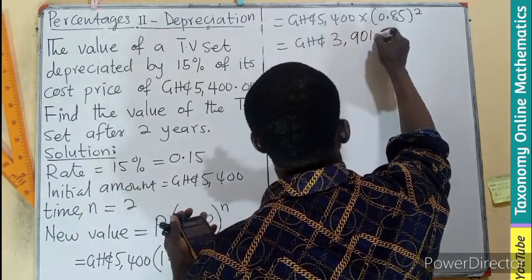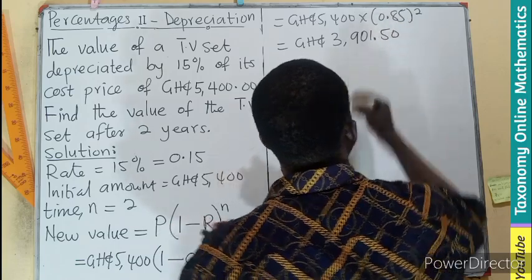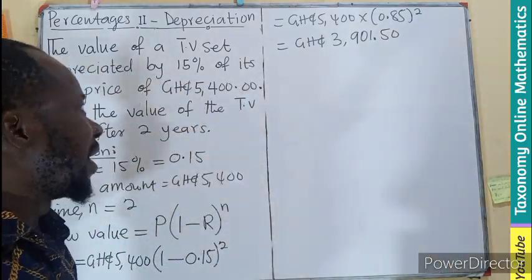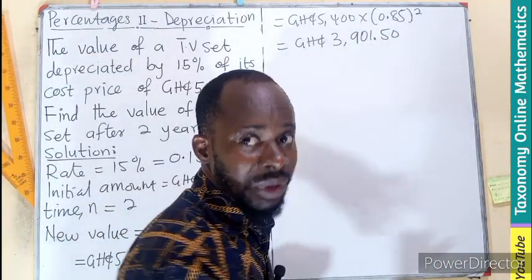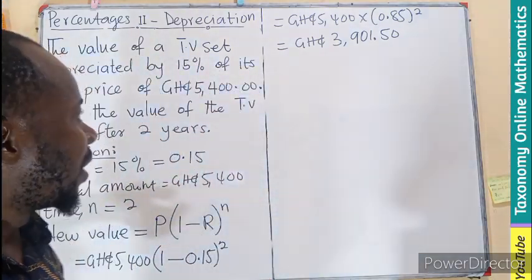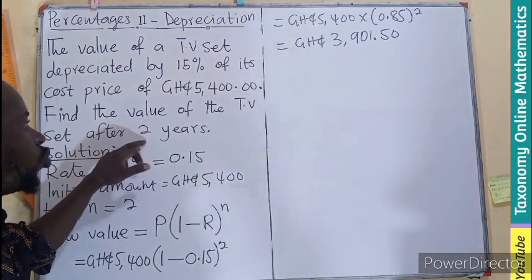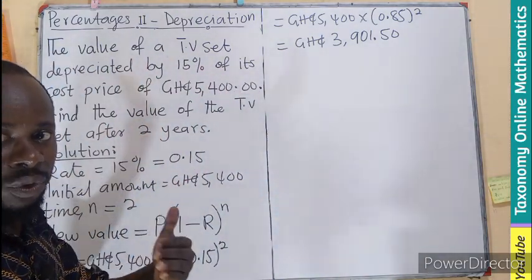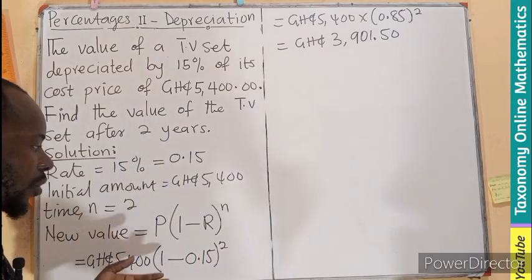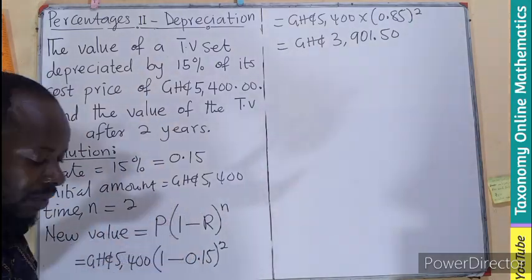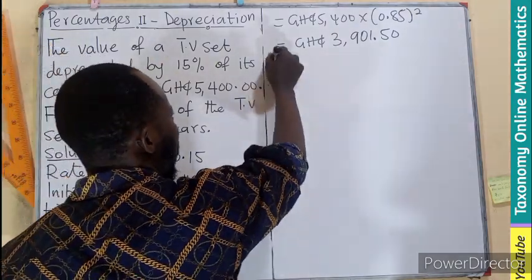3,901 Ghana cedis, that is 50 pesewas. So this is the value after depreciation, the new price of the TV set after 2 years. That is if I'm using the formula approach. Very simple, if only you can remember this. Now, if you want to use the alternative method,